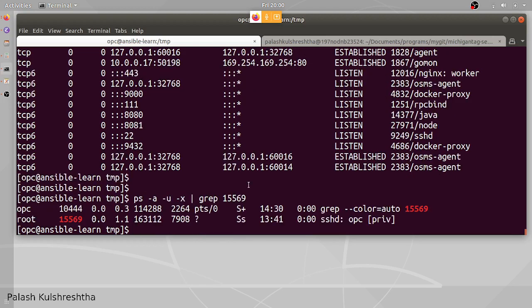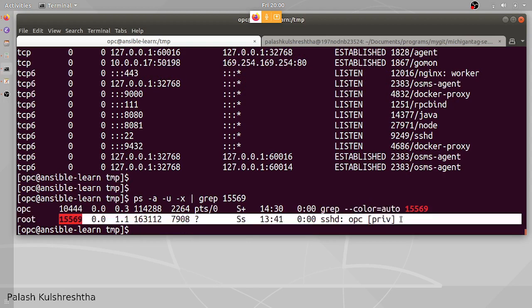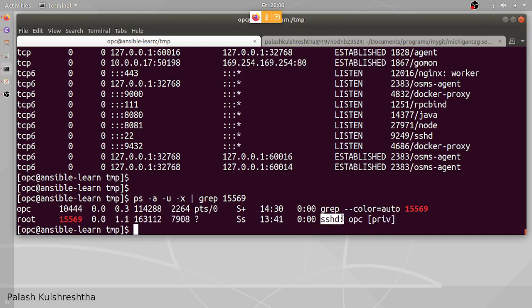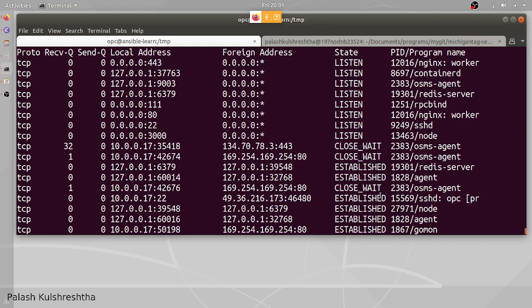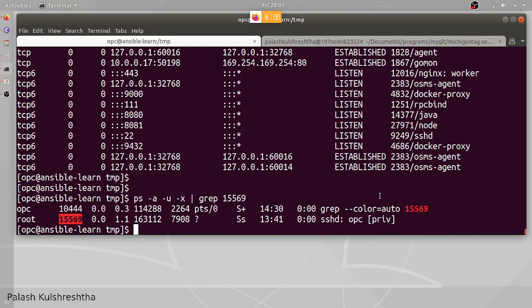So it is showing that the process ID 15569 is the SSHD program. Similarly, different programs are running on this machine, and we can know which programs are running and on which port they are listening.